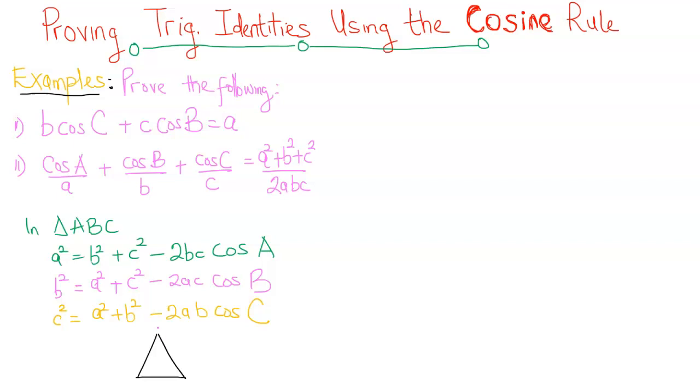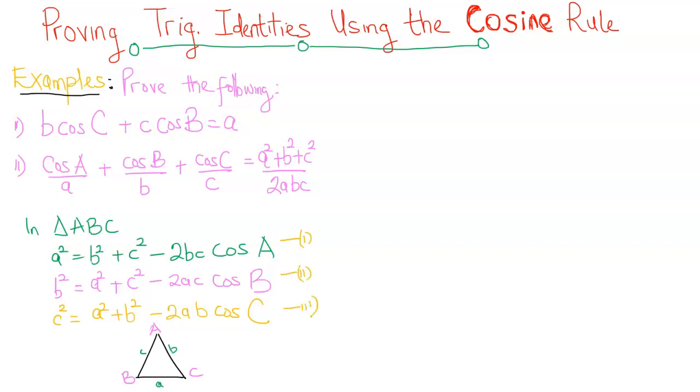And of course, we know that the uppercase letters are the angles and the lowercase letters are the sides facing the respective angles. I'm just going to make this equation 1, equation 2,